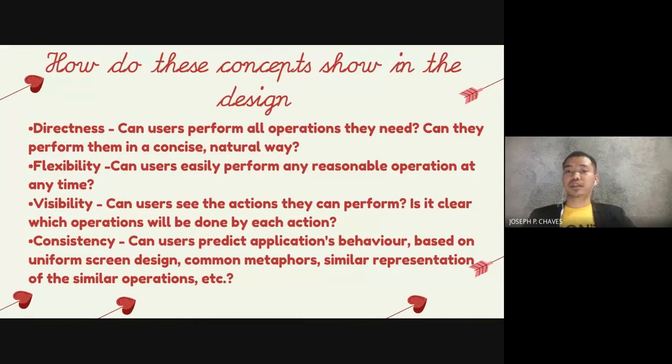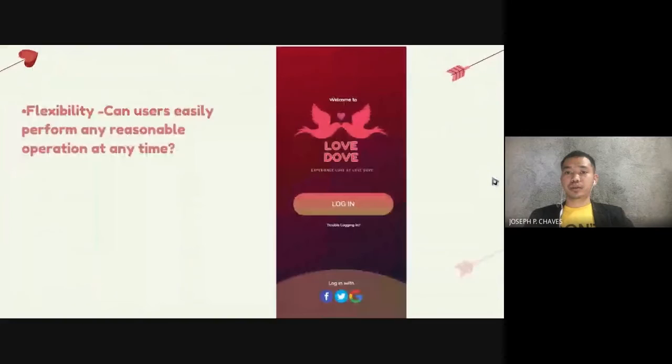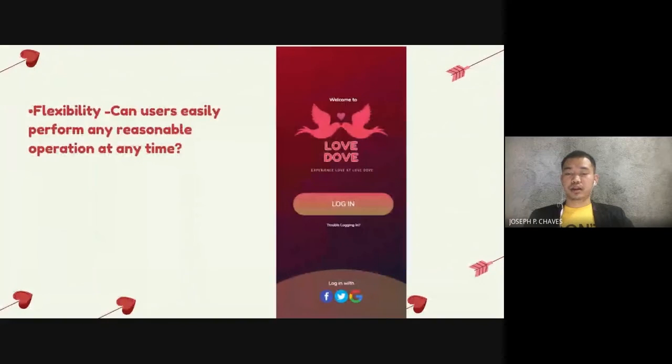One integration of flexibility in our system is that we have different supported login platforms. The user has the option to log in on different platforms. We have Facebook, Twitter, or Google. I guess our system is flexible enough with these concepts, especially in the login portion.